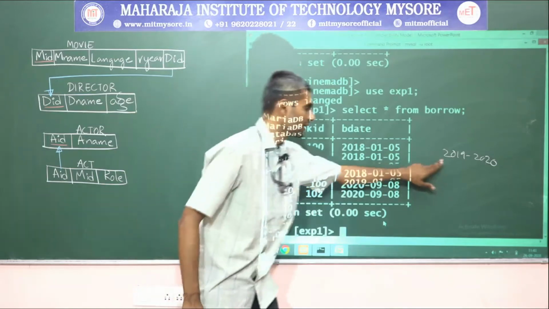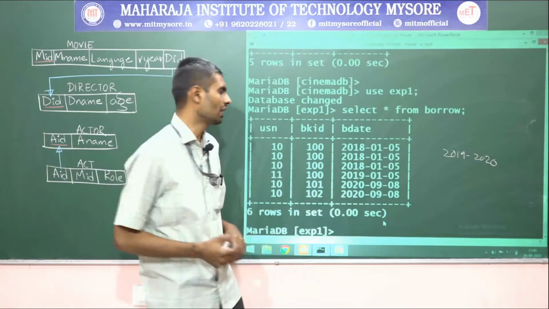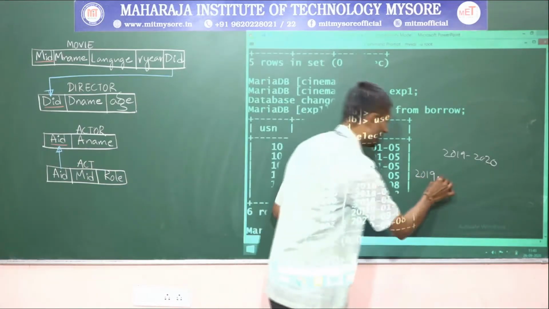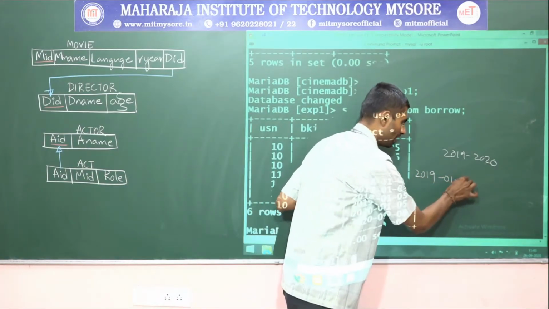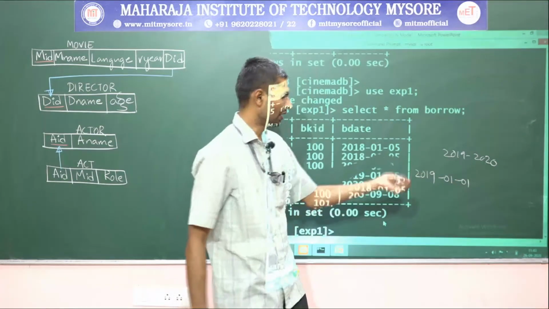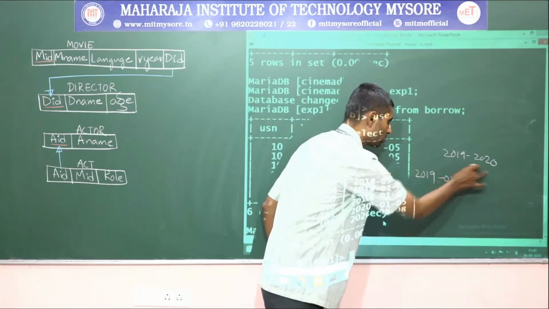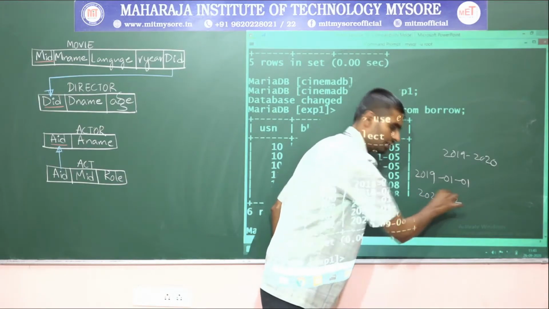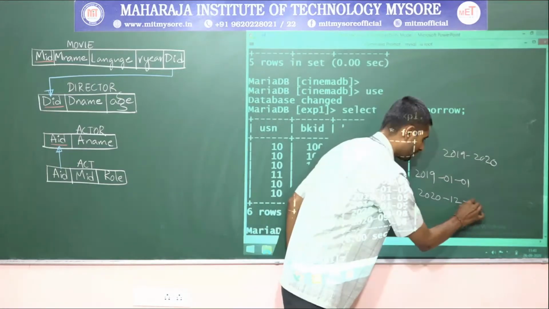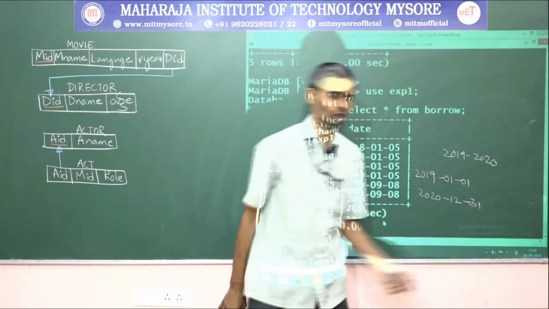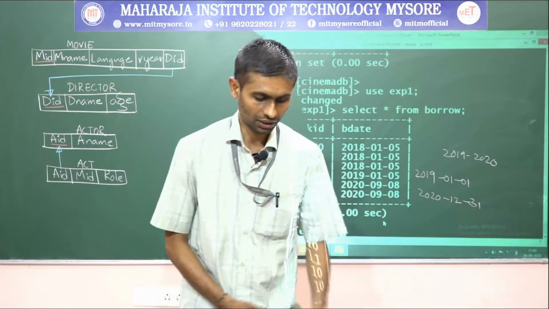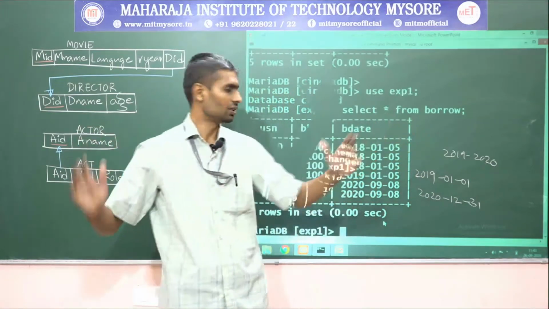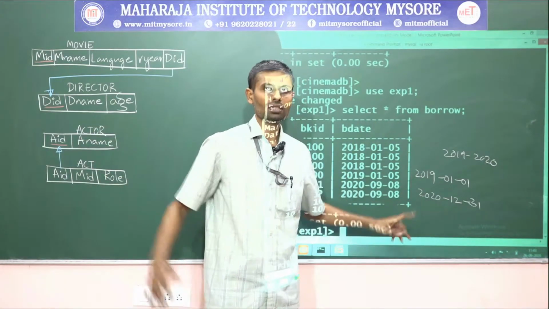Definitely, between 2019 and 2020, what usually we'll do is, 2019 will start from 2019-01, that means January, and the first date is 01, right? Then it ends at 2020, then the last month, that is December, 12, right? Then the last date is the 31st, December 31st. So between these two dates, that boundary, right? This becomes a lower boundary, and this becomes an upper boundary.